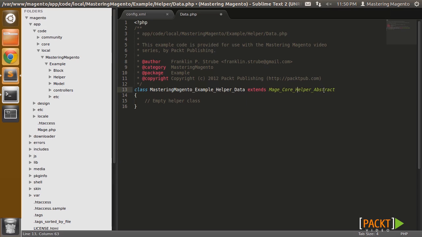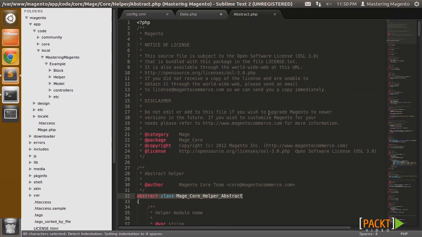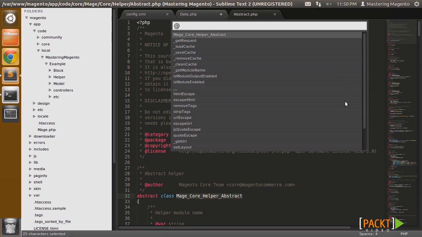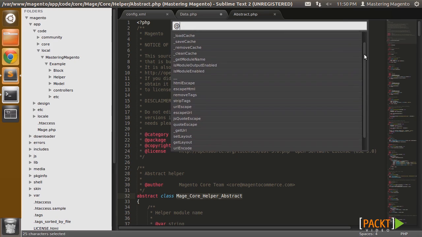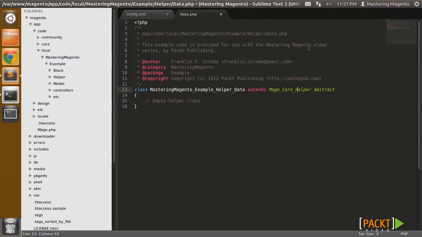We can use our ctags plugin, which you installed in an earlier video, to navigate to the definition of that class in order to investigate which functions we're inheriting. If I use my Ctrl-R shortcut key to bring up the list of function names, you can see there's a variety of functionality that we inherit. For now, our Magento helper can simply be an empty class. The mere existence of this class will allow Magento to successfully load the module, but there's still one final piece